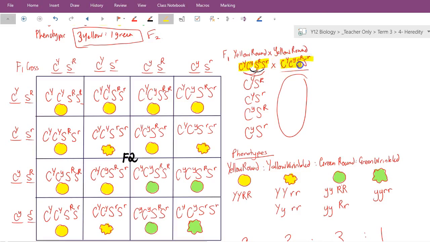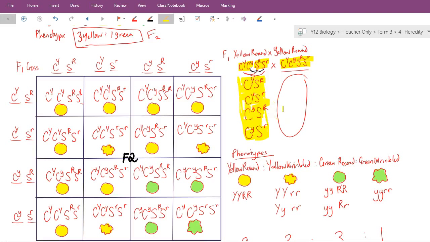They were both crossed together, and when you look at the alleles that they can have, that means they can only pass on one allele for colour and one allele for shape. These are the 4 possible allele combinations that they could come up with,